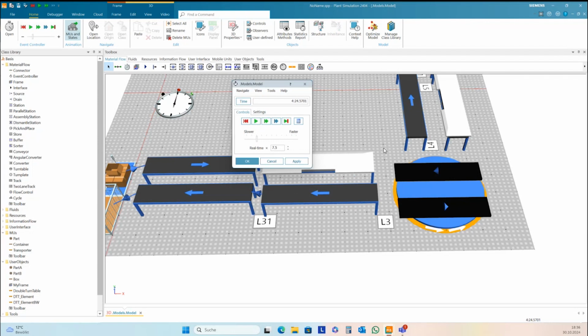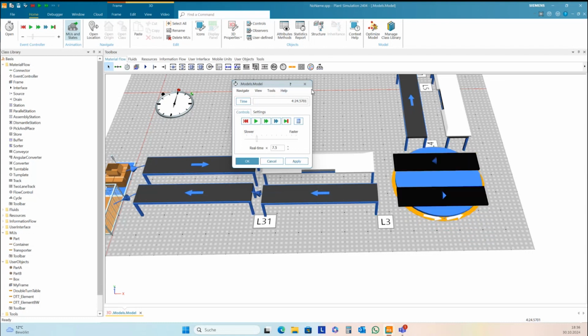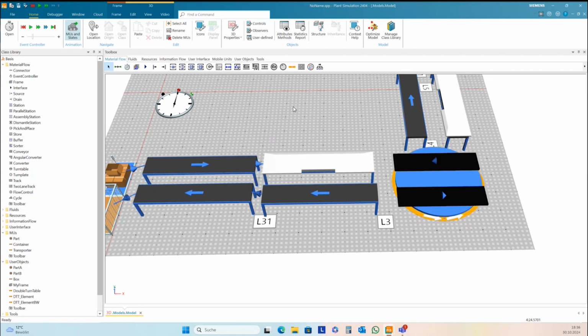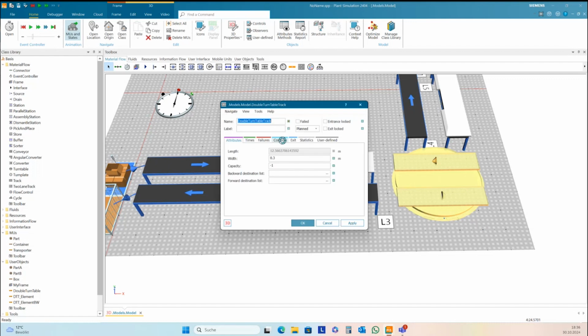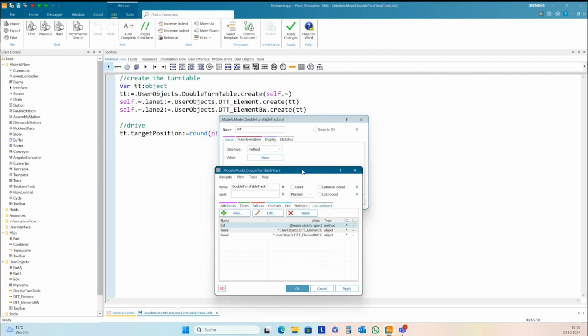So I guess my lanes are wrong here. Okay, and so we need to drive to 3 times pi. It's live.